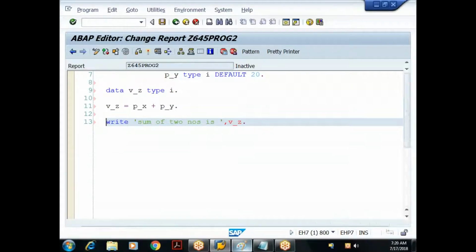Already we have discussed this yesterday. If you are performing multiple operations using a single keyword, I have to use the chain operator. So I'll use a chain operator. I want that in a fresh line, a new line, so I'll say slash. Slash indicates a new line. So when I execute this,